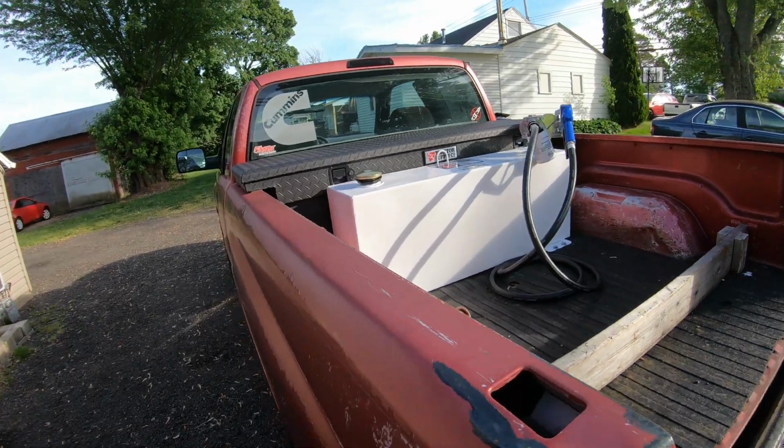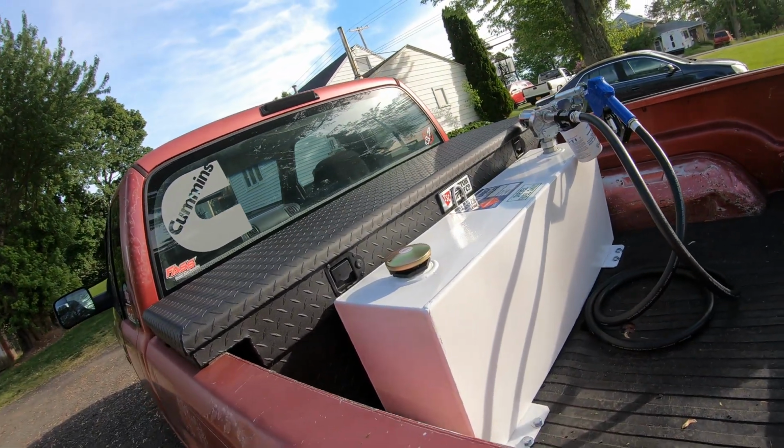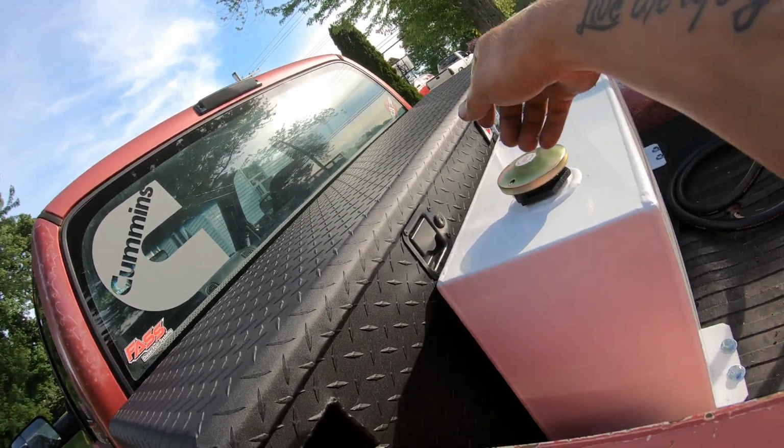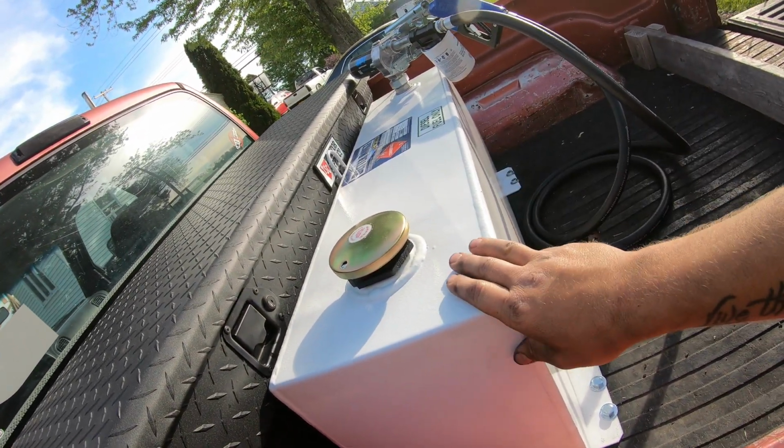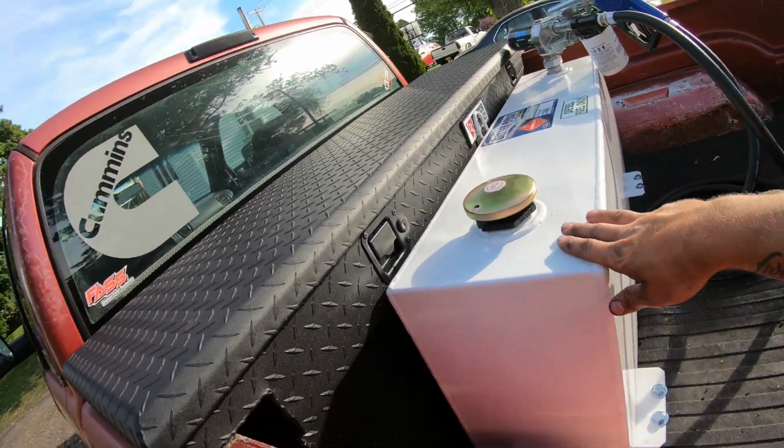All right guys, well here is the finished product. This is what it looks like inside the truck. You can see I can still access my toolbox just fine. Got my handles here. This tank really is the perfect size tank for what I needed. Because if you guys look,